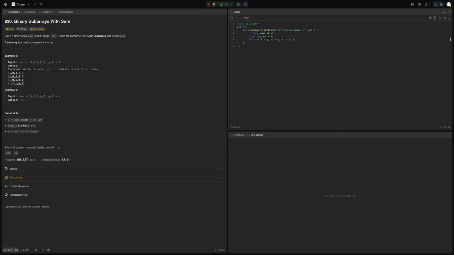Okay, and now while what? While L is under N, L plus plus in each iteration. Now what do we do? Well,